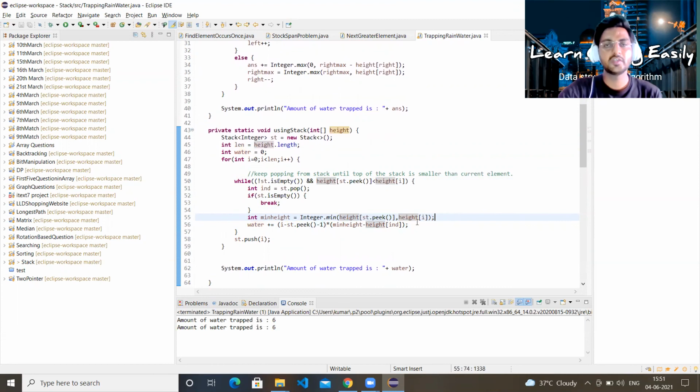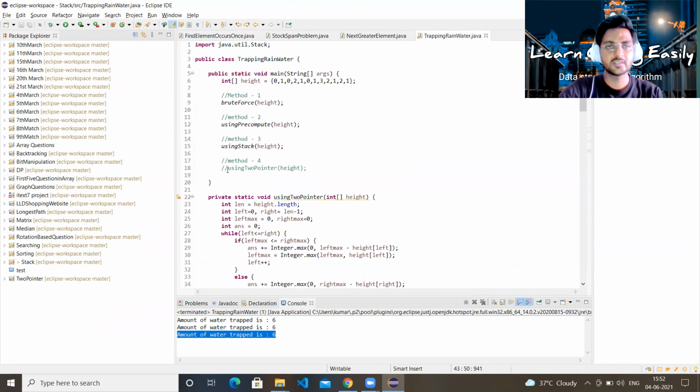Once you get this, you need to multiply it with the distance. Distance is the current element index, which is i, minus stack top, minus 1. This will give you the answer. Let us run this also. You can see this is coming from the third approach, which is with the help of a stack.